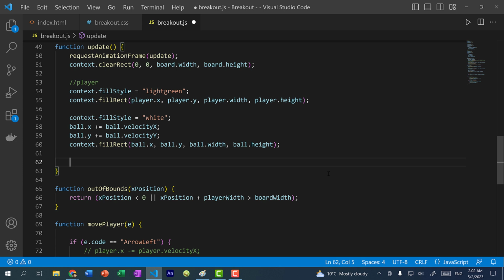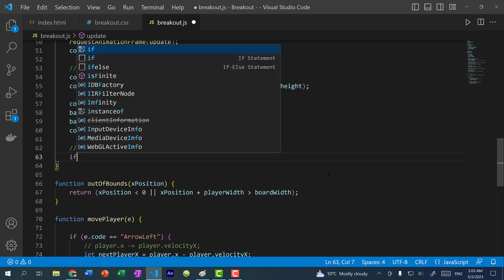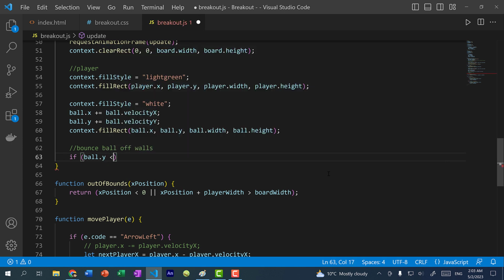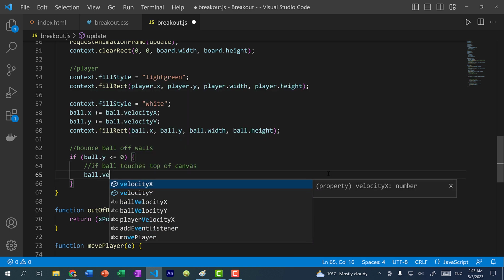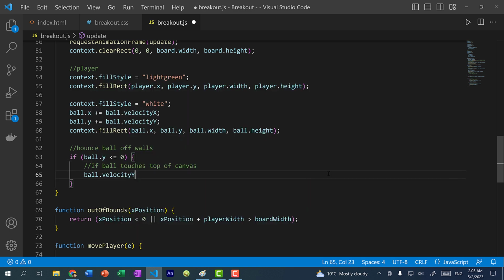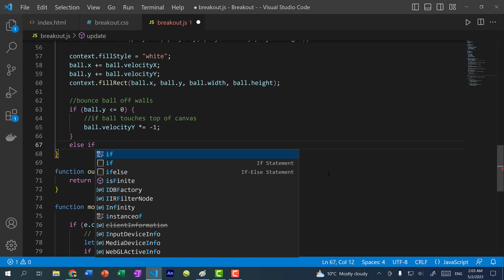So over here, I'm going to make a series of if condition statements. Bounce ball off walls. So we're going to check if ball.y is less than or equal to 0. This is the top of the canvas. So if ball touches top of canvas, I'm going to set ball.velocity y and reverse it. So I'm multiplying it by -1. Else, if